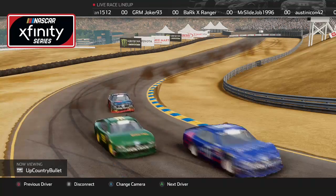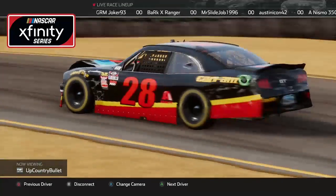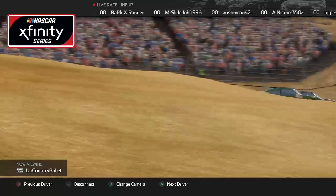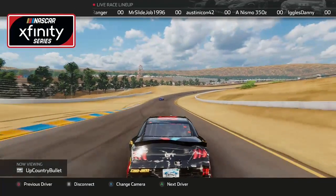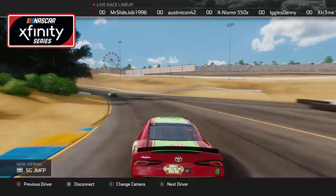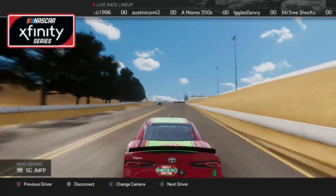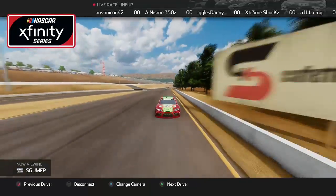As we got a battle going on here, we got three cars, about four, battling it out. One's off the track, one's going into the turn, one missed the turn. The 98, don't know what happened there. The 18 of SGJMFP running smooth tonight